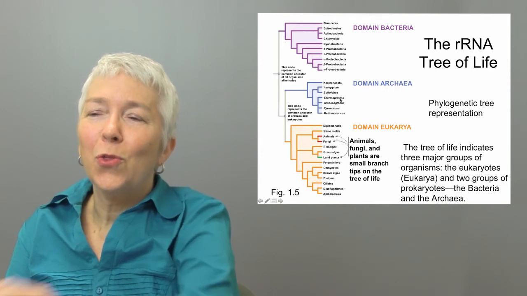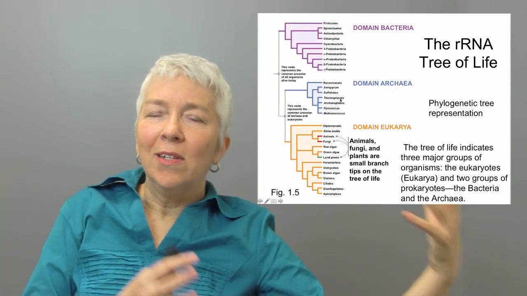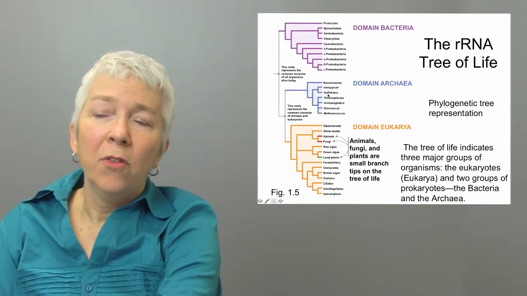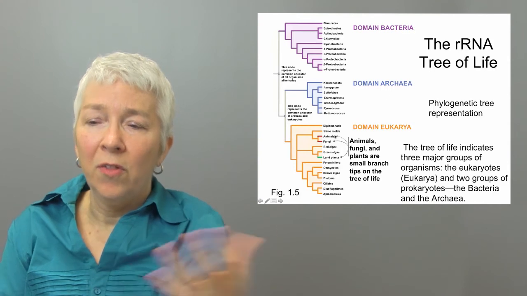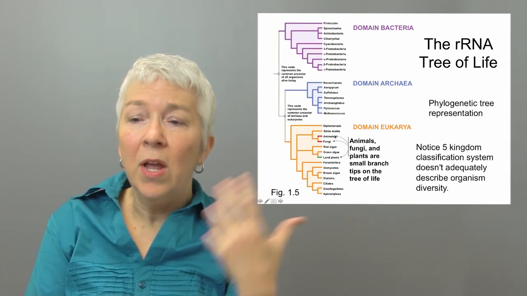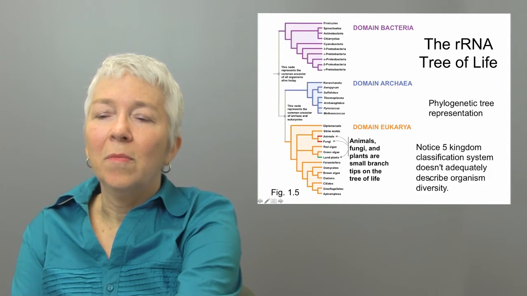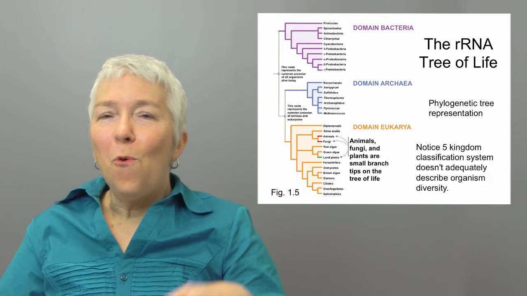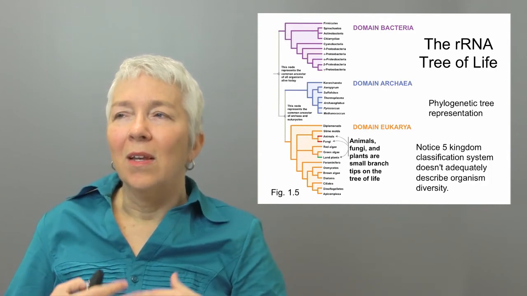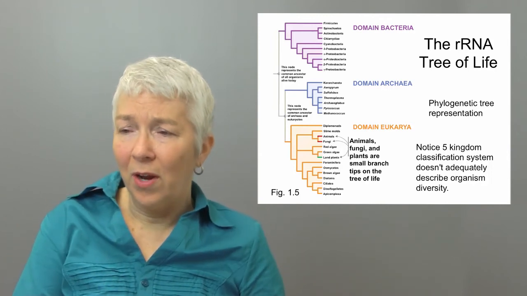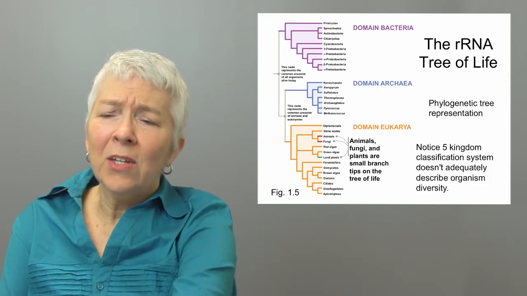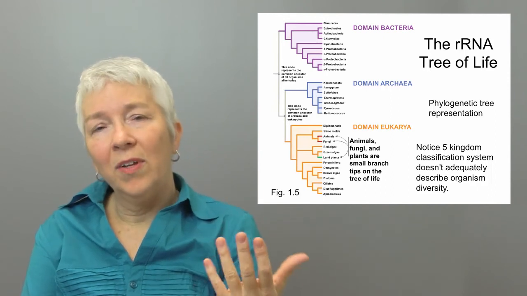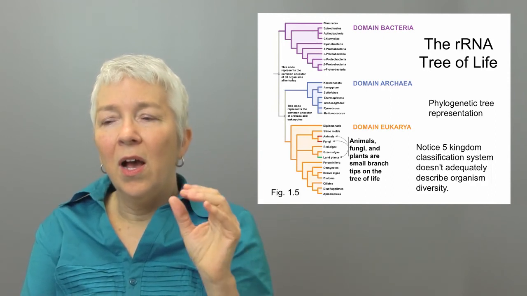And in fact, there are 3 major and fairly distinct groups of living organisms, which include the bacteria, another group of prokaryotes called the archaeans, and then all the eukaryotes come together. So the 5 kingdom classification system does absolutely not adequately describe the true diversity of organisms that is revealed when one examines molecular characteristics. And while some of these names are still useful, we still talk about fungi and animals and plants and so on,